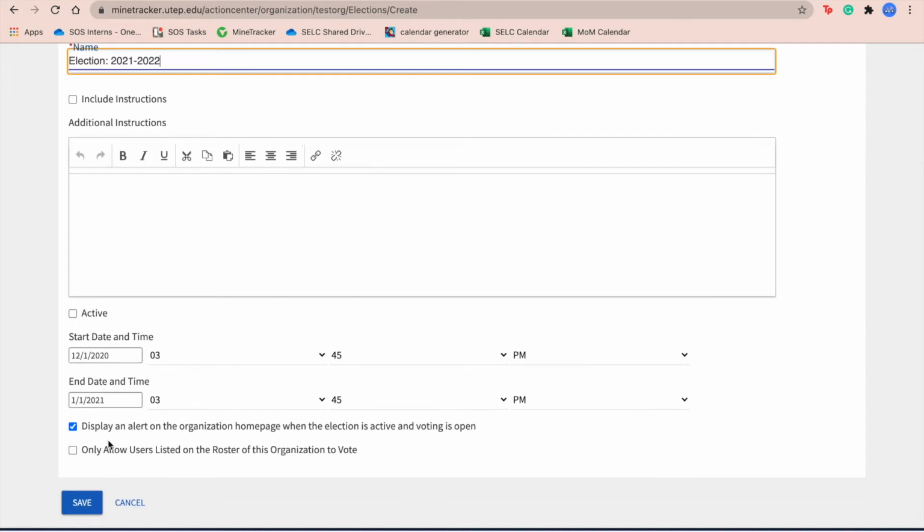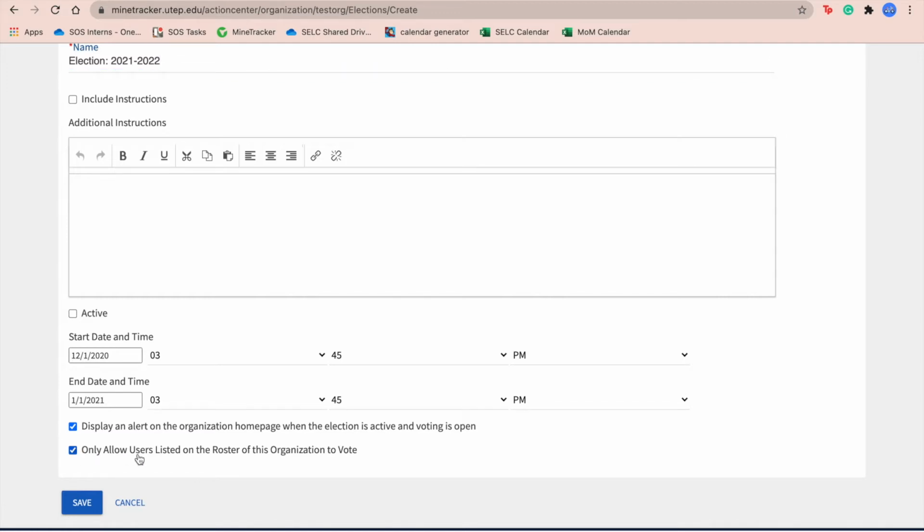And down here you can go ahead and select if you want to make sure that when members are on MineTracker that they can see the alert on your organization's homepage, and that'll be made visible once the election is active and voting is now open. And more than likely your elections will be organization members only, so making sure that you click this to make sure that only those users that are listed on your roster for your organization have access to vote. You'll click Save,